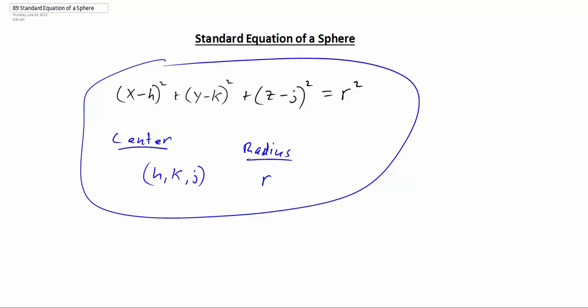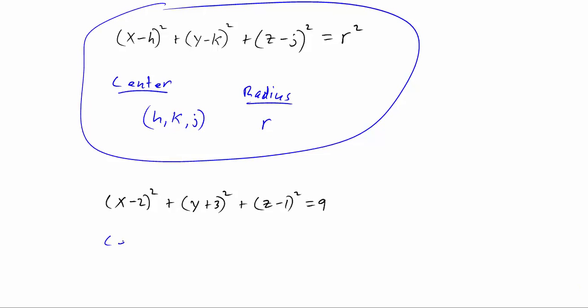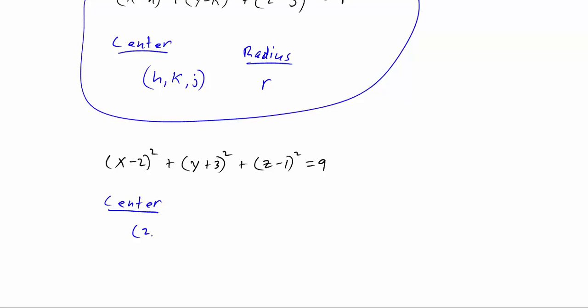For an example, if we had, let's say, x minus 2 squared plus y plus 3 squared plus z minus 1 squared equals 9. And we said, what's going to be the center of the sphere? Well, the center of the sphere would be this h, k, and j. And for this example, the center would simply be 2,